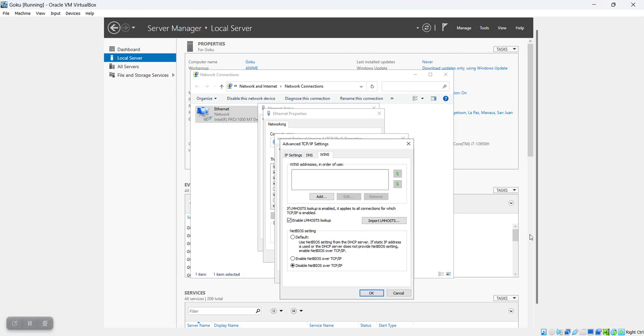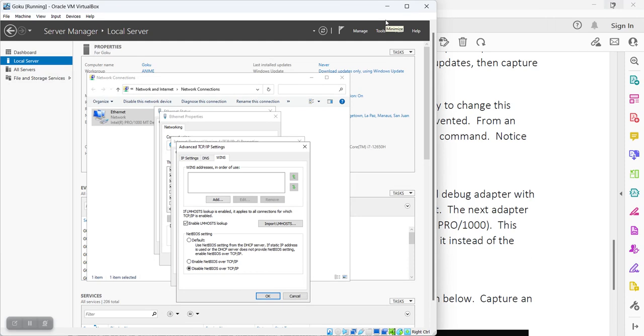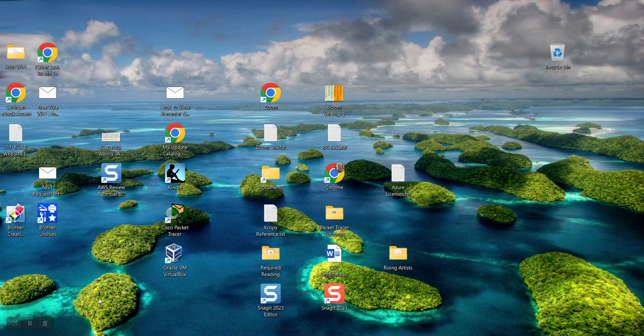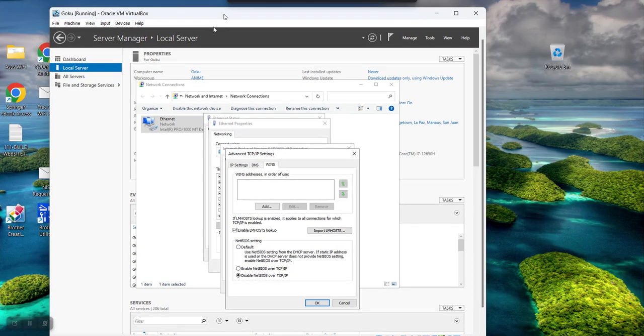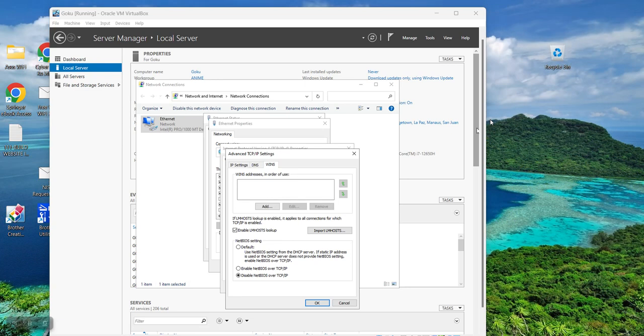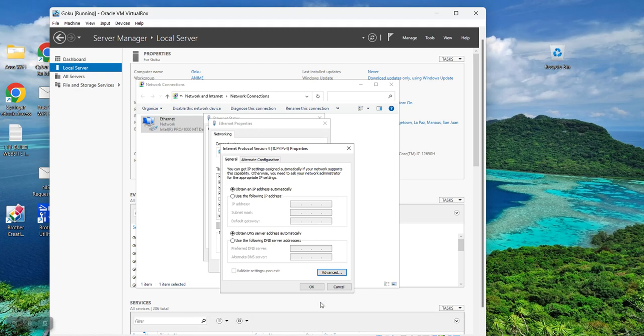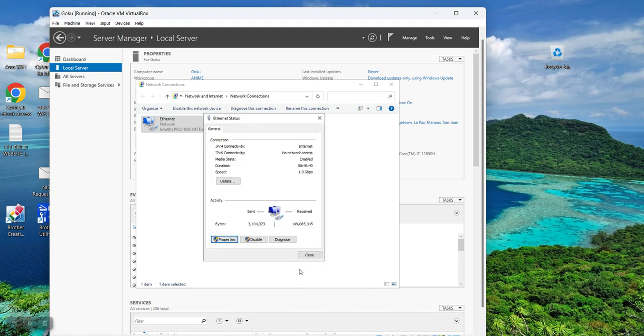Now, how do you capture a screenshot when this is full screen? You go to partial screen, you minimize your desktop in the lower right corner by clicking this, I call it the skinny button. After you've minimized the screen, you display your window again and click to the side, and then hit the print screen button and paste that into your document. That's what you do. I'll go ahead and click OK and close,